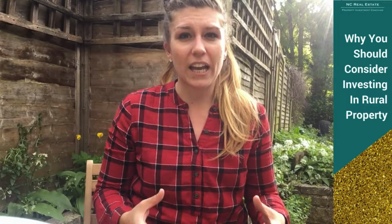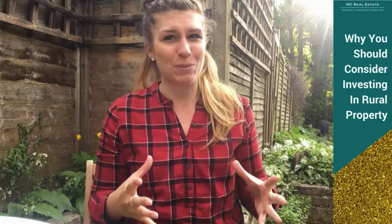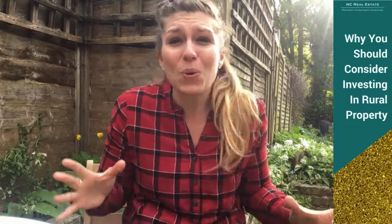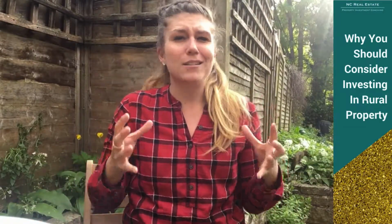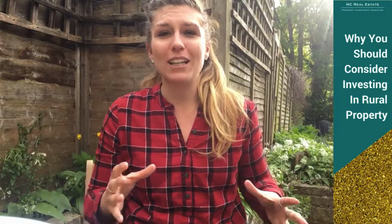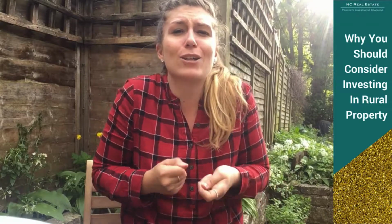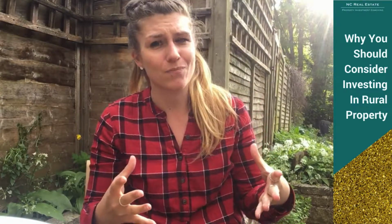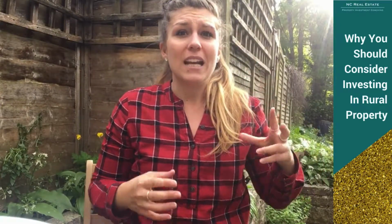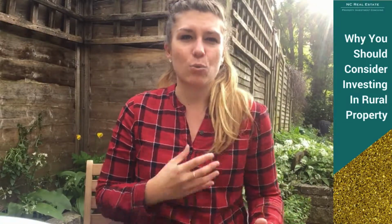to more rural locations. Number one, you can always buy bigger properties in rural locations with awesome gardens, and that is something that us city dwellers crave. So we really need to be making sure that we are looking at that and how we can provide that goodness to our tenants. Number two is that with the space comes more scope for development, so we can adapt